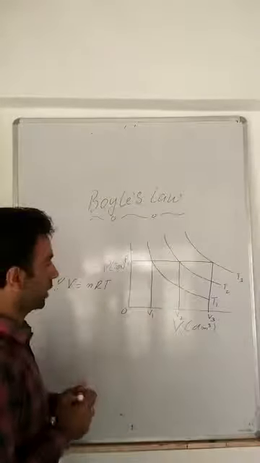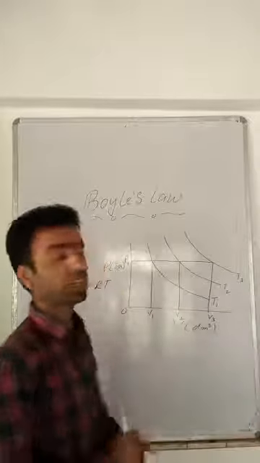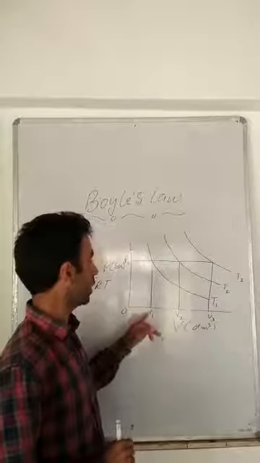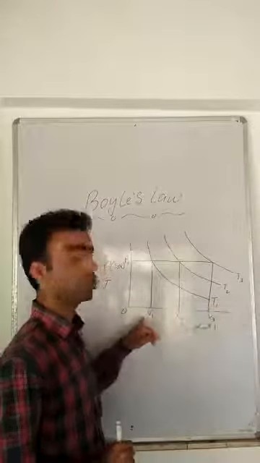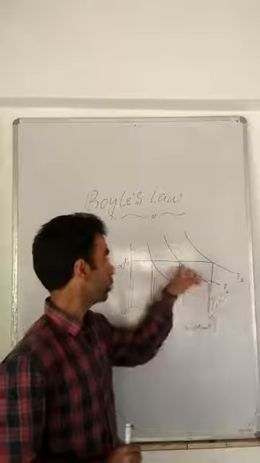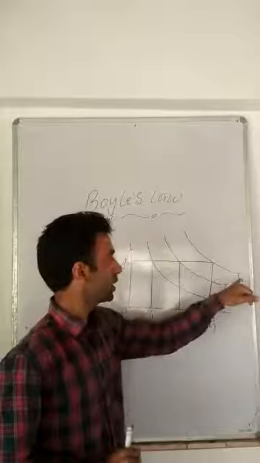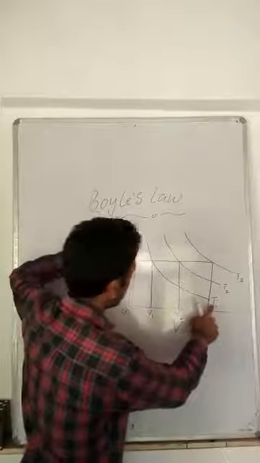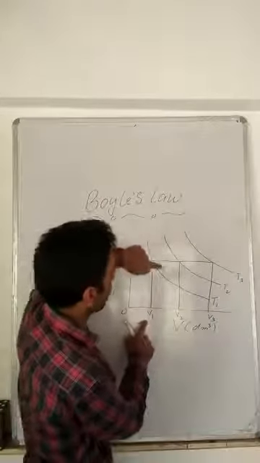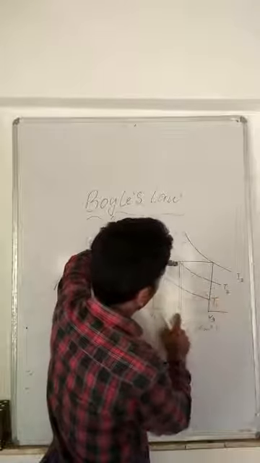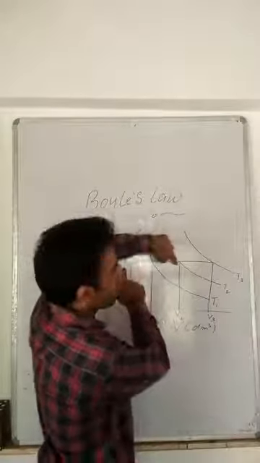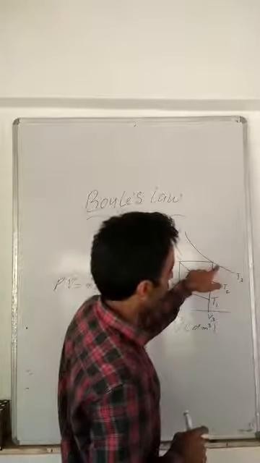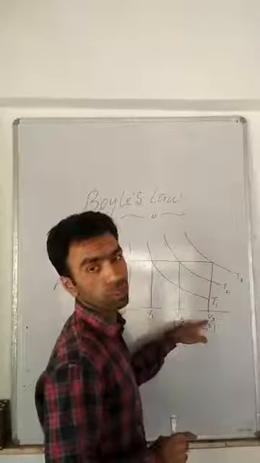What does it indicate? If I keep the pressure constant, I am now varying temperature. At temperature T1, I have volume V1. At temperature T2, I have volume V2. At temperature T3, with pressure P1, I have volume V3. Once the pressure is P1 and the temperature is T1, I have volume V1; at temperature T2 the volume is V2, with pressure constant at P1; and at temperature T3, the volume is V3. I will repeat.